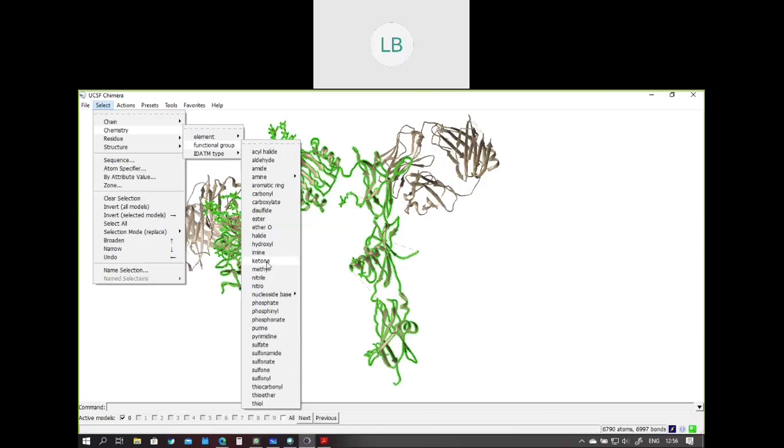You can see that there are a lot of atoms that have a methyl group here. This particular helix does not have a methyl group, whereas the loop next to it has a methyl group. So this is one of the ways in which you can select the structure. Another way is using command.